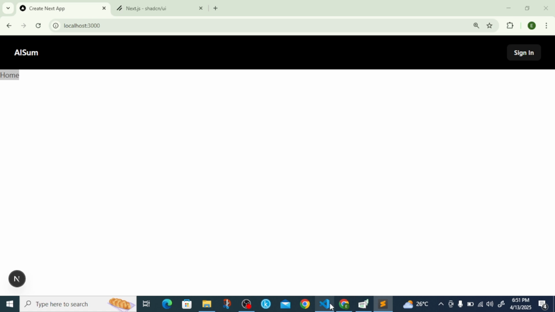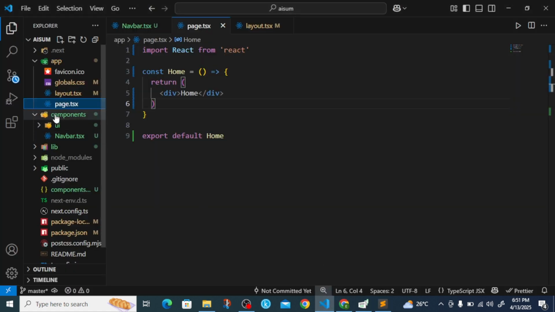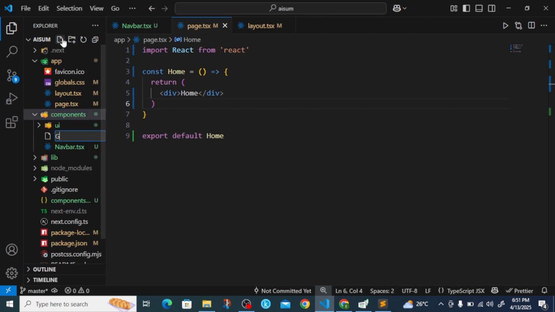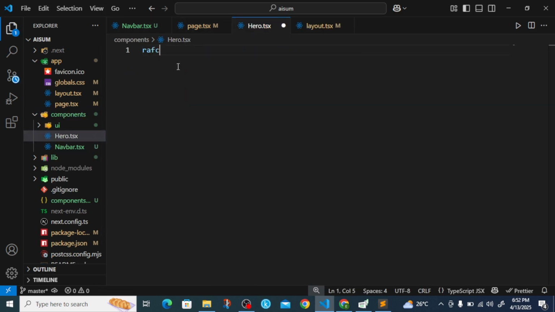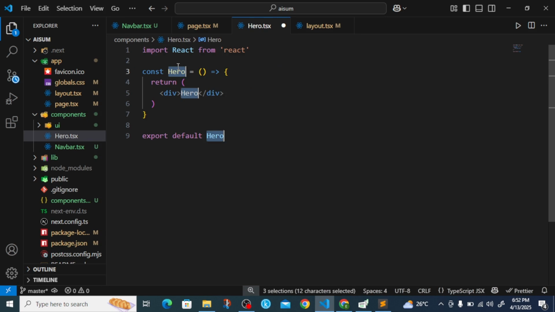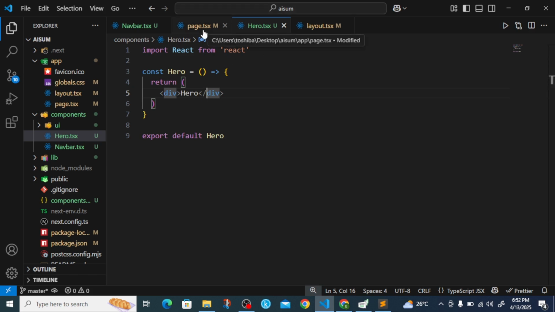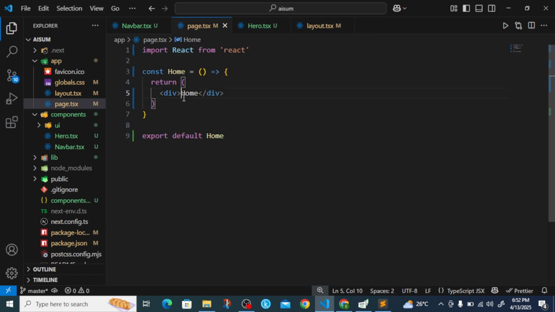Now we're going to go inside our component folder, and we're going to create a new component called hero.tsx, and then rfce to create our basic component hero. Now we are not going to see this hero because we haven't added it to any page or layout yet. So we'll go to this page, and then we're going to call the hero component, Hero,